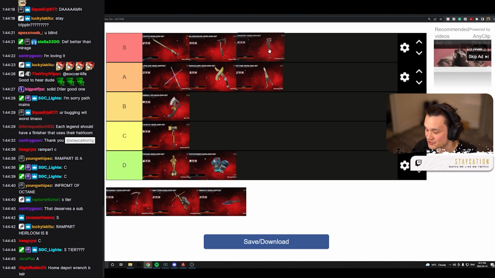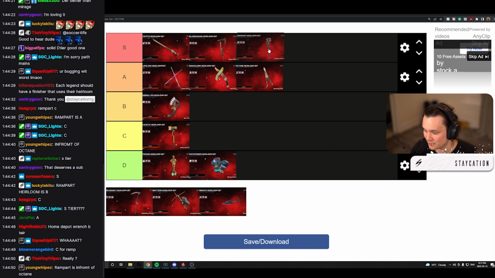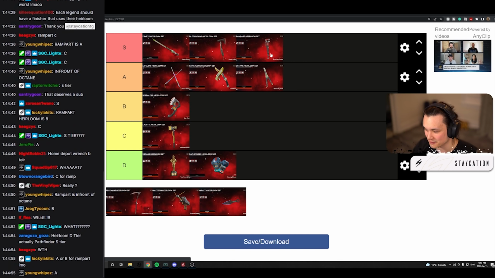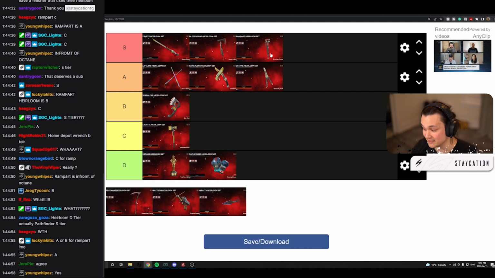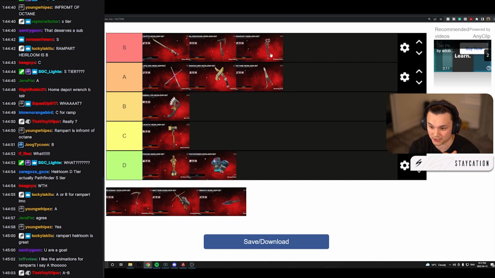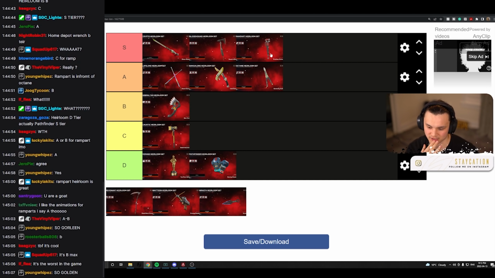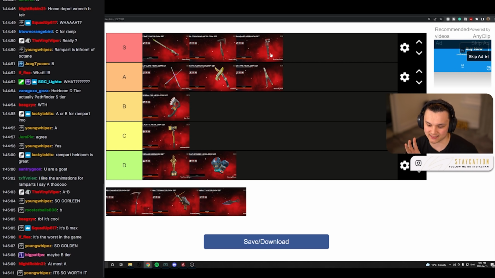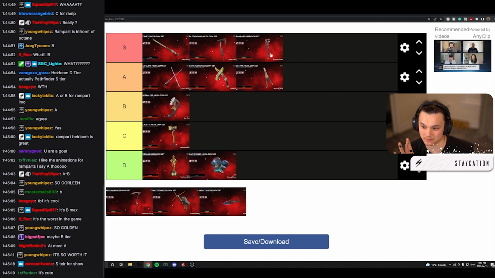Rampart's is goated, bro. If you disagree with me, I feel like you need another look at Rampart's heirloom. C for Rampart, I'm being dead serious, because I'm gonna break it down for you now. Her inspect spam animation, I did say Mirage has a really good one too. I would honestly say it's tied between Mirage's and Rampart's for best inspect spam animation,